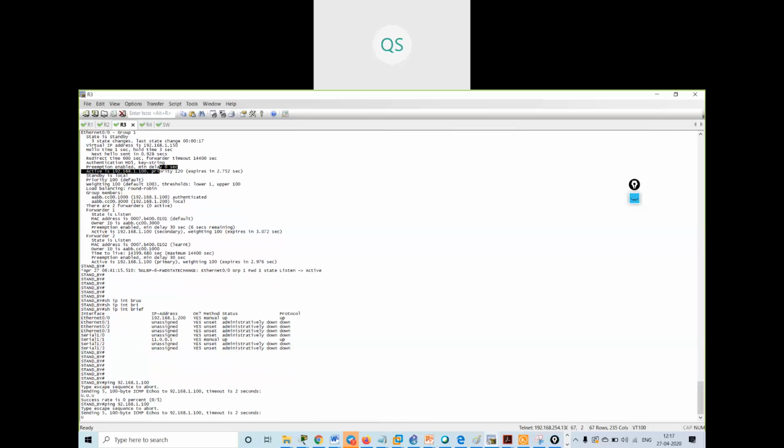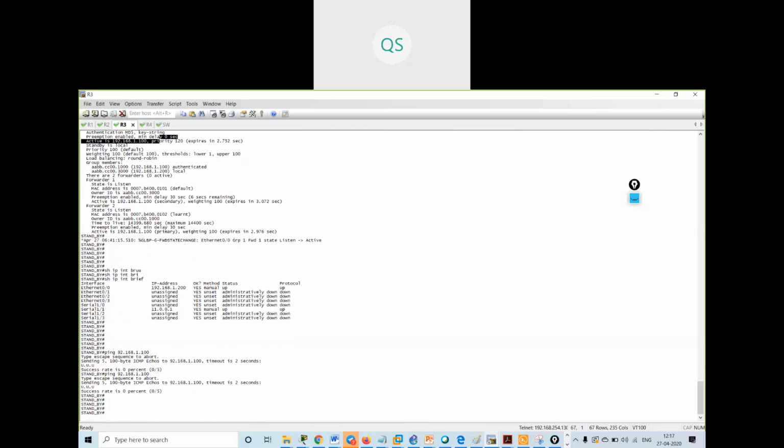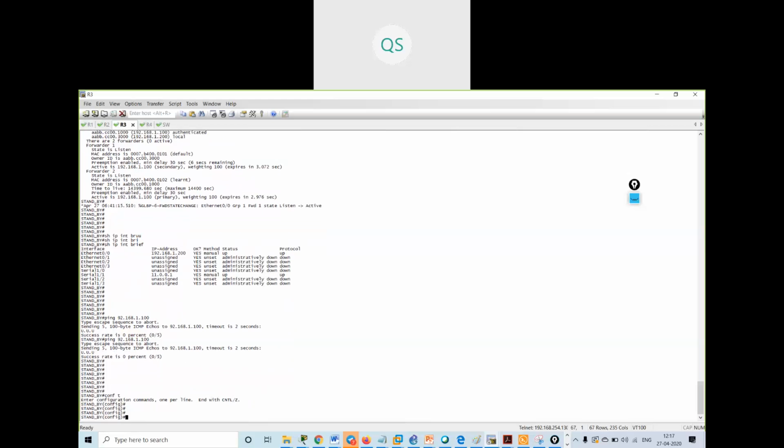Both the gateways cannot talk to each other. Okay, so let me configure it again.